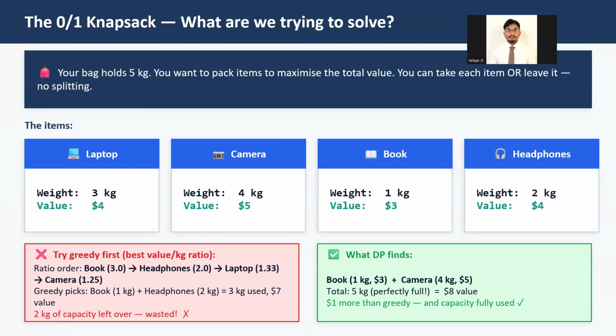So what we usually do, if we are doing this naively, is find all the combinations of the values, and out of those combinations we throw out the ones that have a total weight of more than 5 kilograms, and out of the remaining ones we get the maximum value. So this will be heavily time consuming, but using dynamic programming, what we do is we fill up a memoization table like this